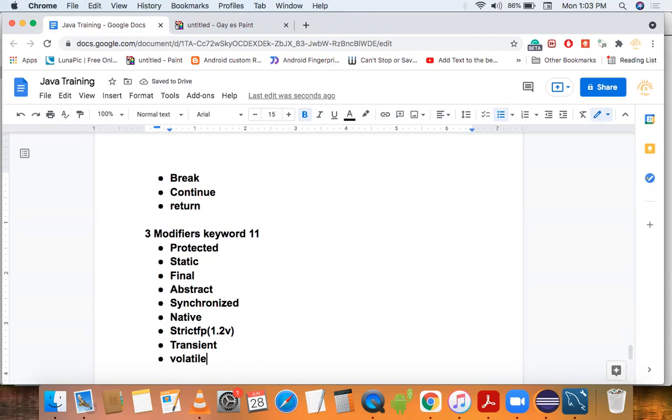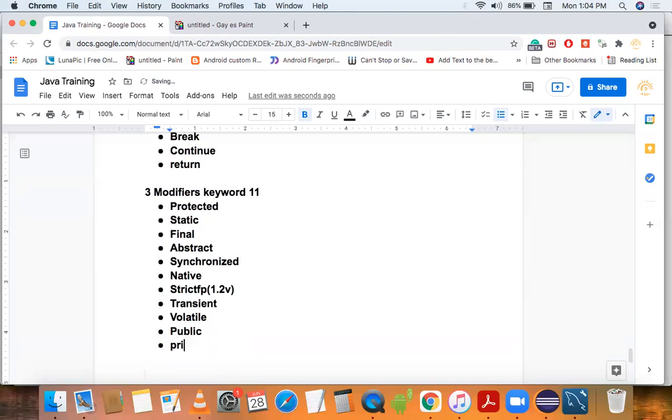So these are around 11. Protected, 1, 2, 3, 4, 5, 6, 7, 8, 9. Then public and private. So these are 11 modifiers.